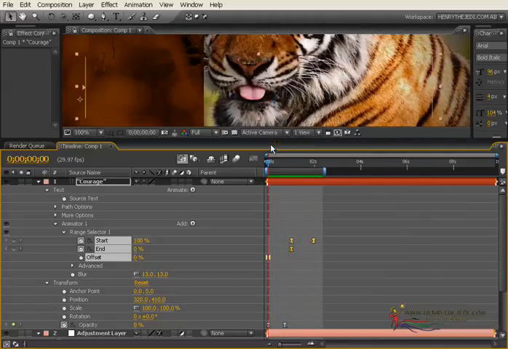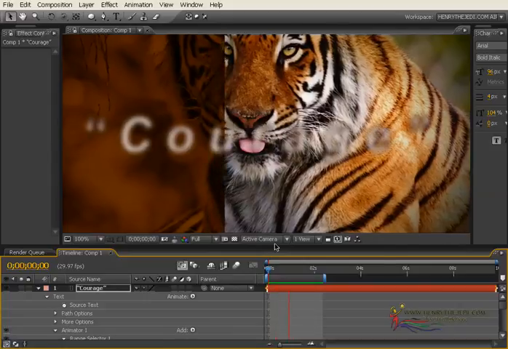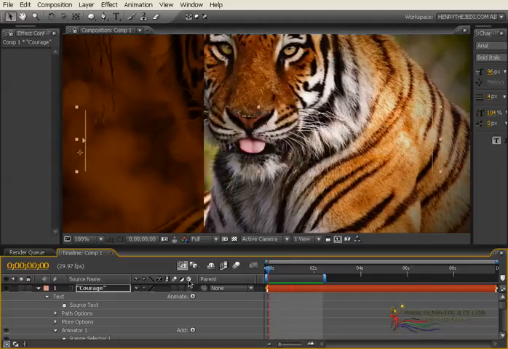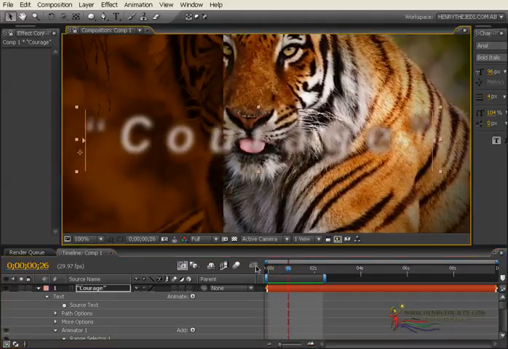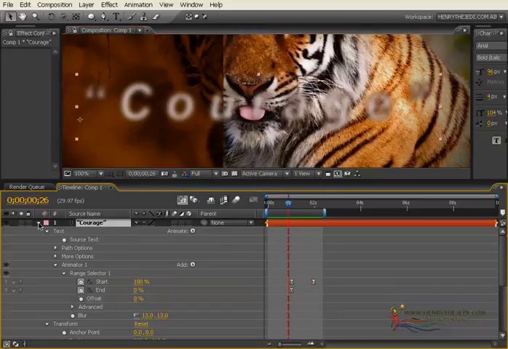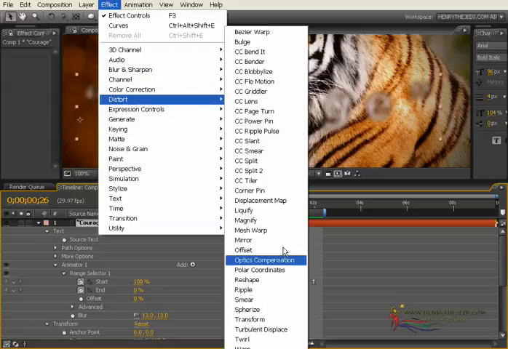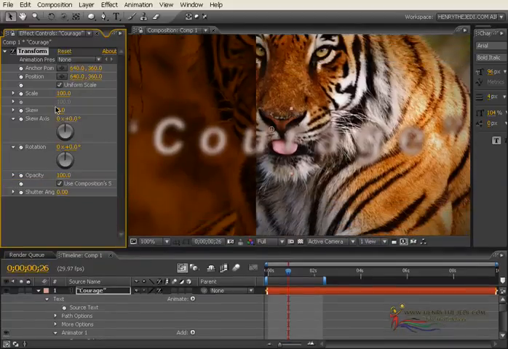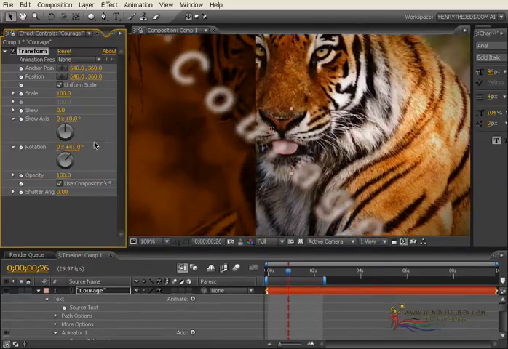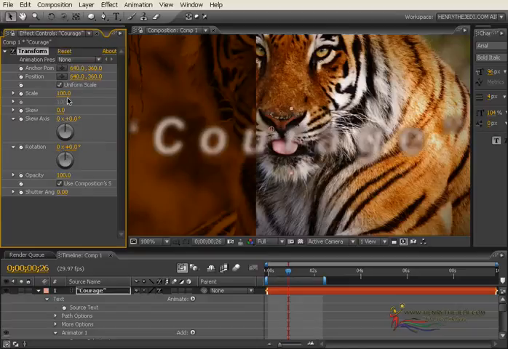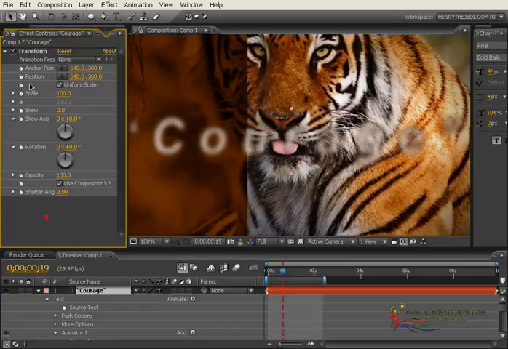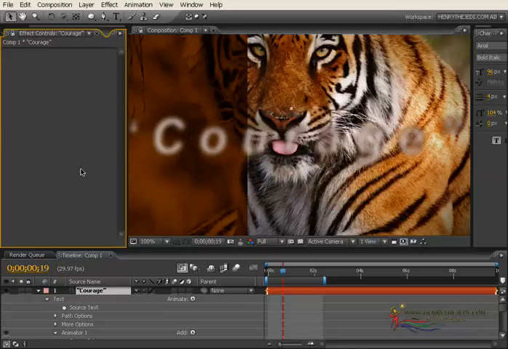So guys, as we preview our animation, you can see our text starts out blurry, of course, and then it becomes clearer as it sets in, okay. And then I think our animation is a bit too flat at the moment. We need to add some dynamism to our text by selecting our text and then going to Effect, Distort, Transform, okay. And then let's see what happens when you rotate it. Nah, no rotation will help. Or maybe we might not even need this entire transform setting. So I'm going to delete the transform effect.